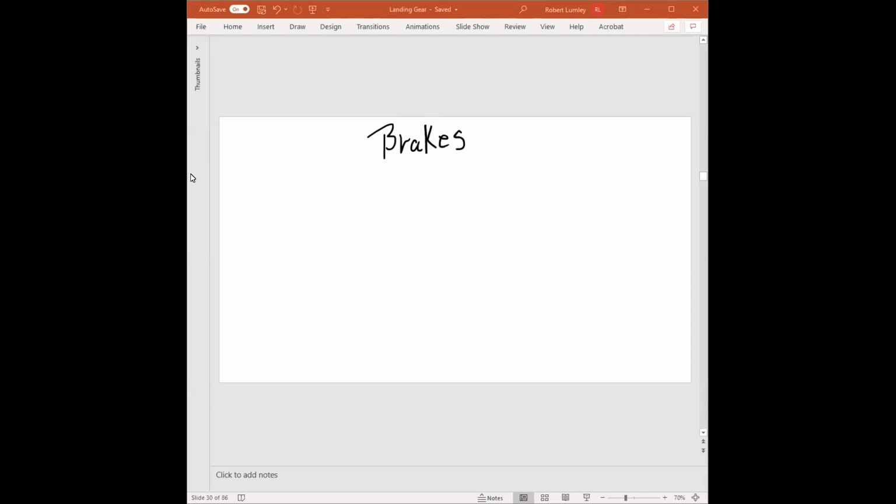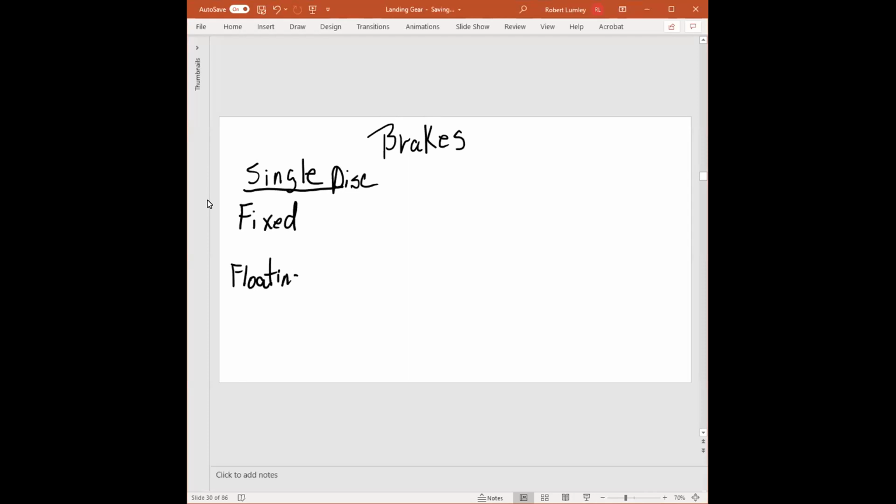So in brakes, we have single disc brakes, okay? And we also have multiple disc brakes, but right now we're just talking about single disc brakes. What that means is that there is a single disc, okay? Now, in single disc brakes, there are two types. There's what's called a fixed disc and a